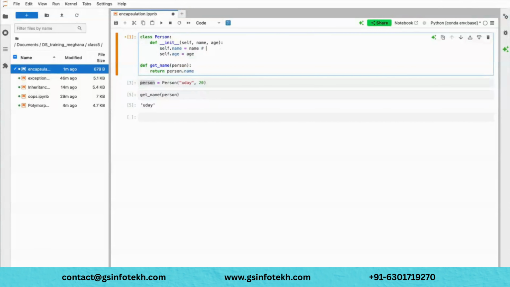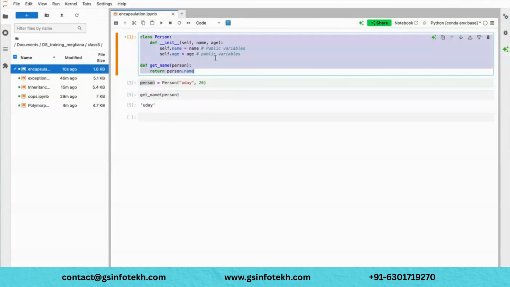So we call these public variables, right? Because you are able to access them without any restriction. Anybody can access them outside of the class. So this is what we call public variables. Clear? So now we can create some kind of private variables which you can't access outside of the class, right? So how do I do that?